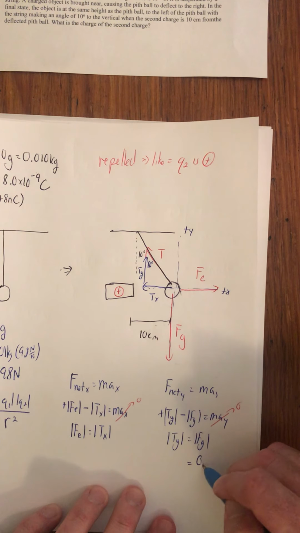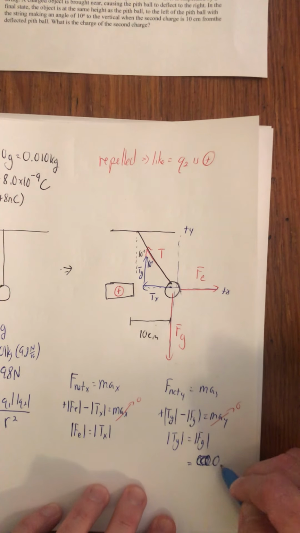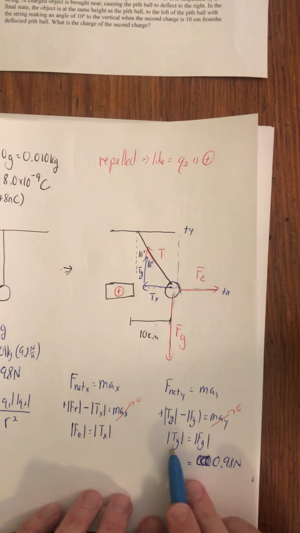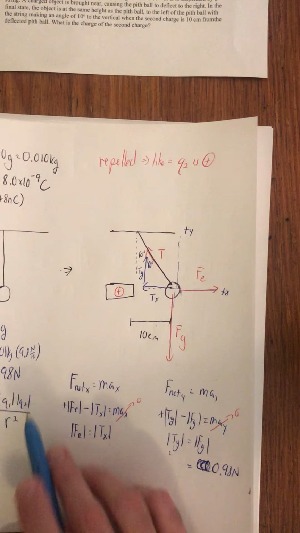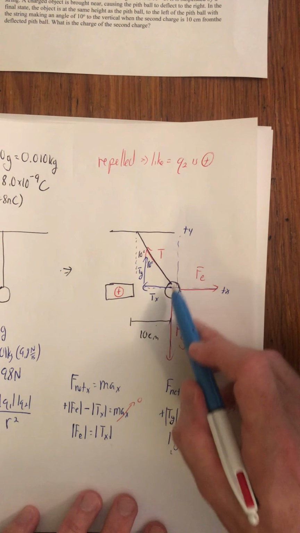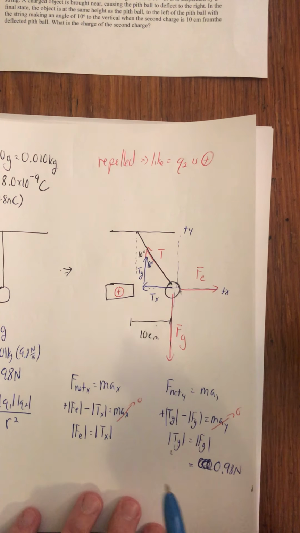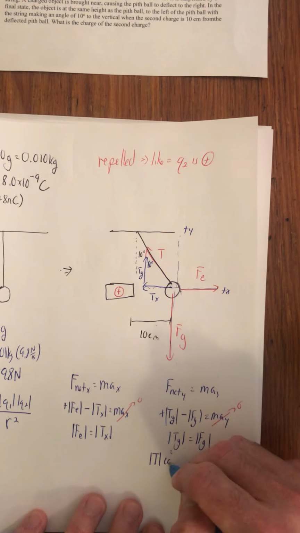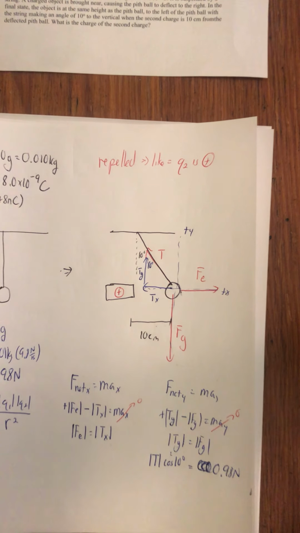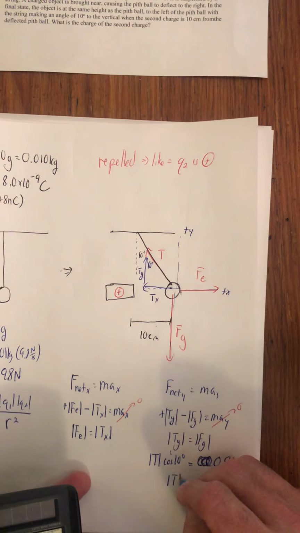So Fg is 0.98 newtons. Ty, if I can find T, then I can plug that in over here to get that. All right, here we go. Ty, let's look at our triangle. Ty is on the adjacent side of this triangle. So don't be a sucker. I'm going to use cosine here, not sine, because of how I gave that angle. I gave an angle to the vertical, not the horizontal here, so that kind of messes with our normal geometry. Okay, so I find out that the magnitude of T is